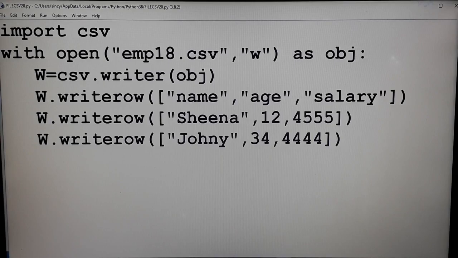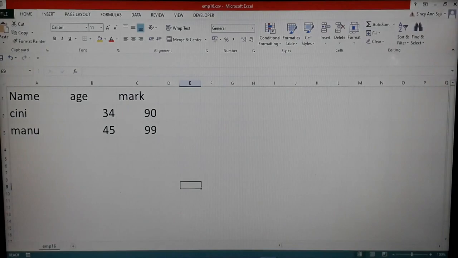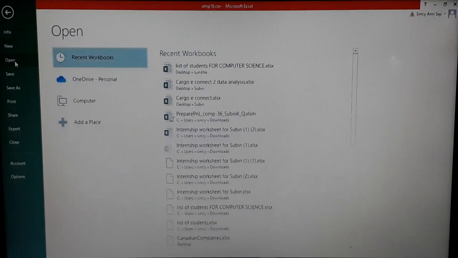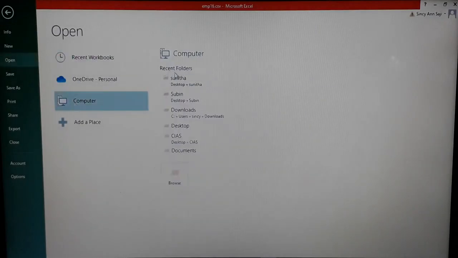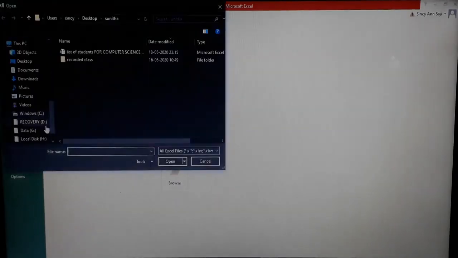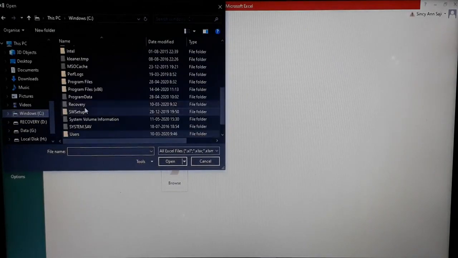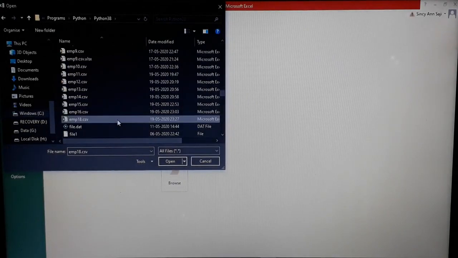Now I am going to open Excel, which is already open there. File, open, the same path which we used. Path is this one, C drive. Yes, now I got the path.